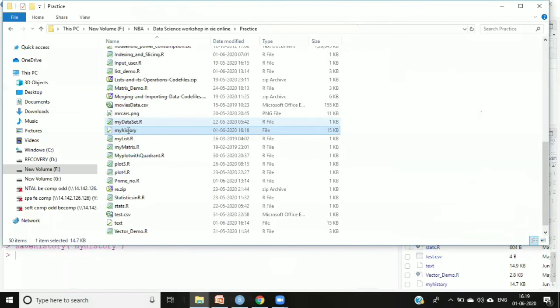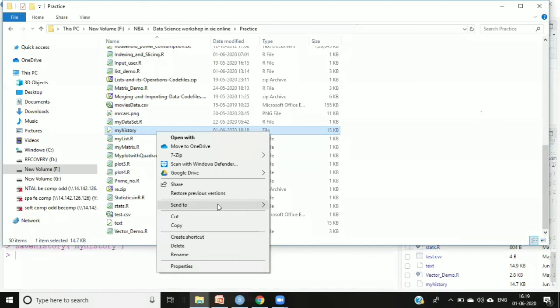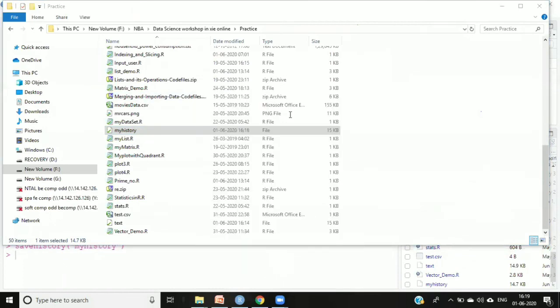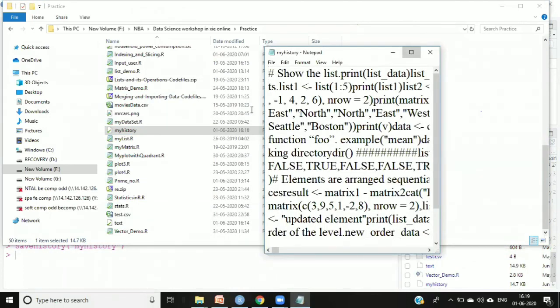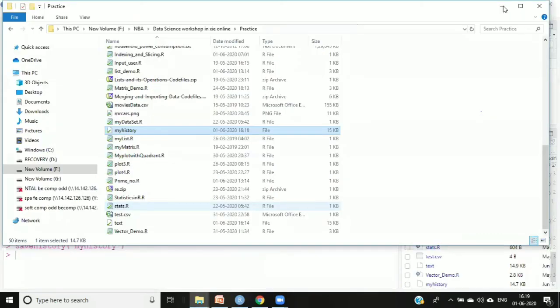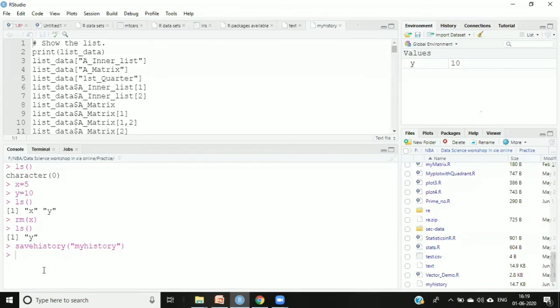And you can open this particular file with Notepad, and you will see the history. See that the history is saved in this particular file. So after firing or practicing everything, I'll suggest you save the history in one particular file. Then you just open that file and view its contents. So absolutely there is no problem.